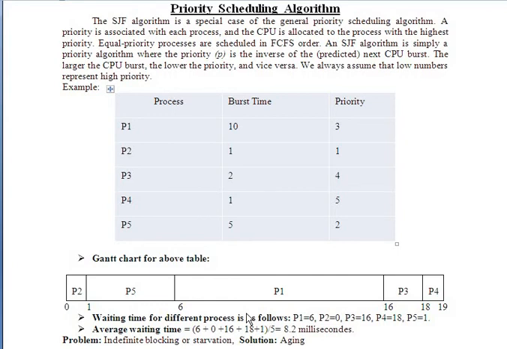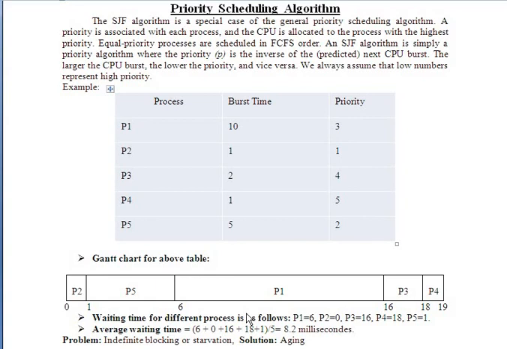So what is the solution here? The solution is aging. Aging means, for each lowest priority process, as it spends time in the queue, its priority will be increased by some number. So as the age of that particular process in the queue increases, its priority keeps on increasing, and a point comes when the priority of this low priority process will be uplifted and it will be given the CPU. So that's what aging is.